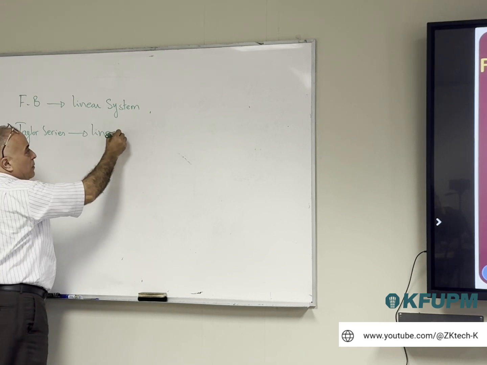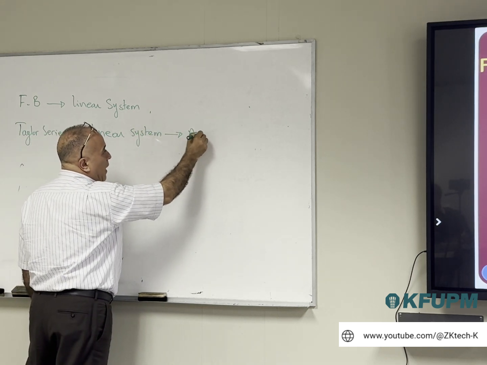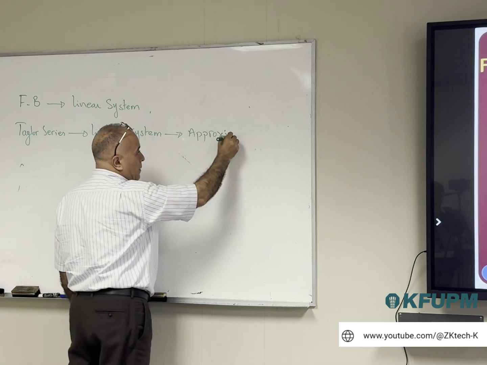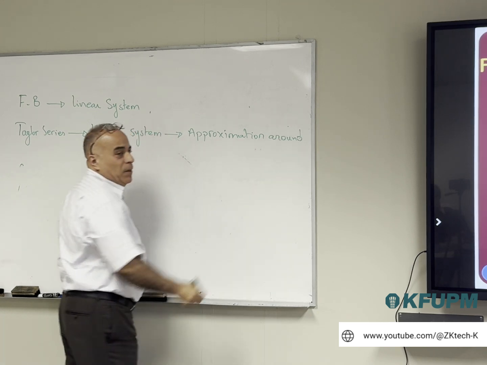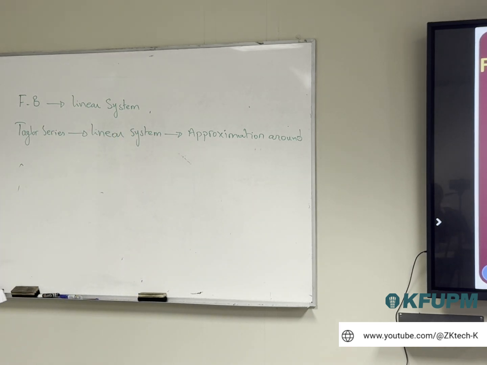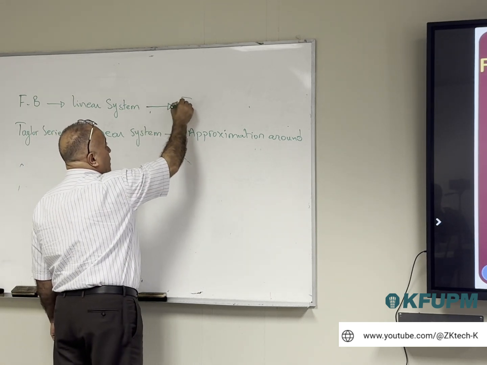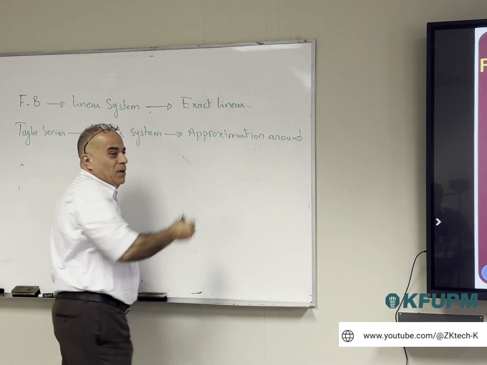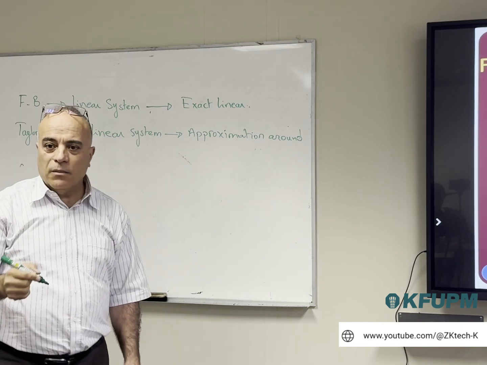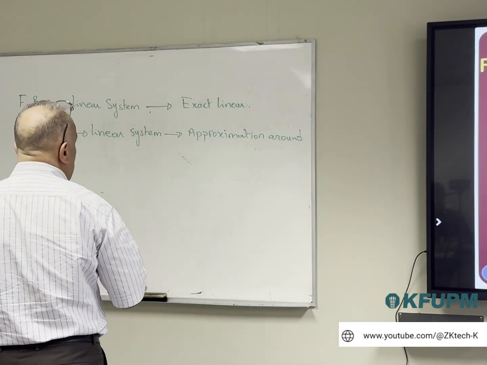The difference between the two is that this is an approximation that is valid only around an equilibrium point, around an operating point. So you trim your point, for example, you say I'm working around this pressure, 14 psi or whatever, or this altitude or this voltage. But feedback linearization will generate for you an exact linear model. So sometimes, rather than call it feedback linearization, we call it exact linearization. There is no approximation there. This one is around a particular point,